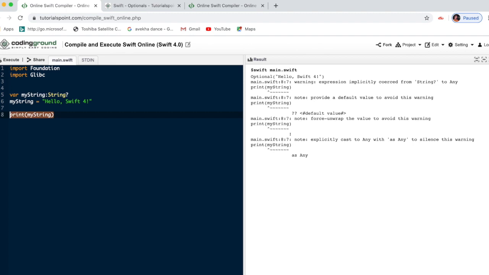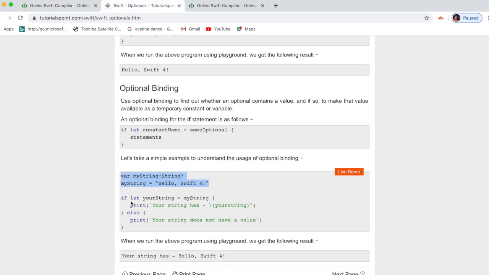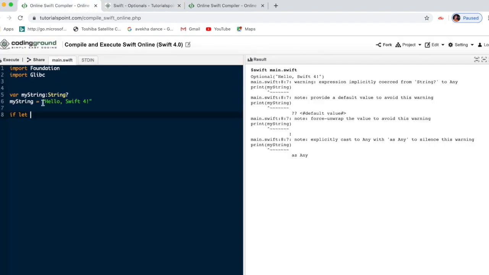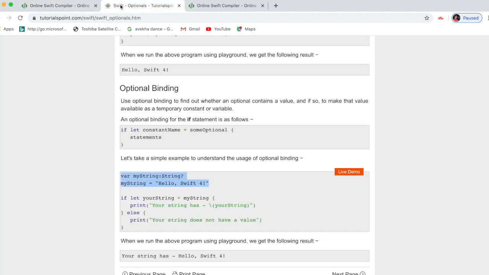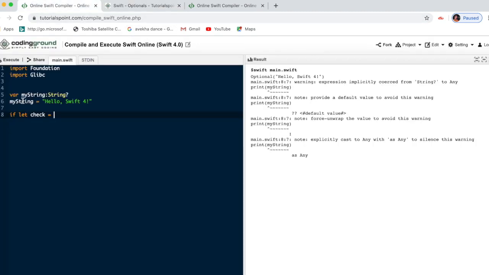For avoiding this, we write like this: if let, one constant name, and we can give any name like check, equal to some optional, meaning the value we already saved here, then open the bracket and print our value.